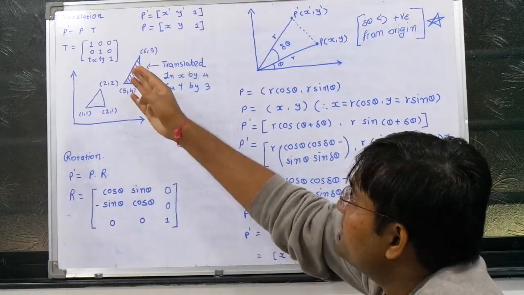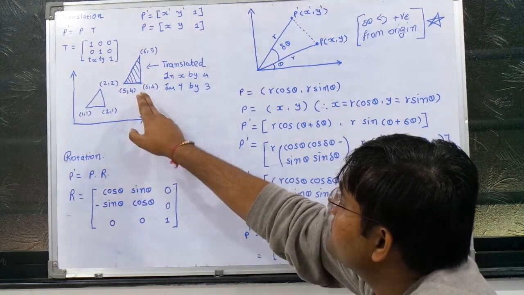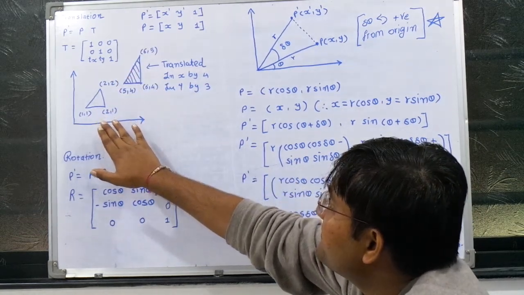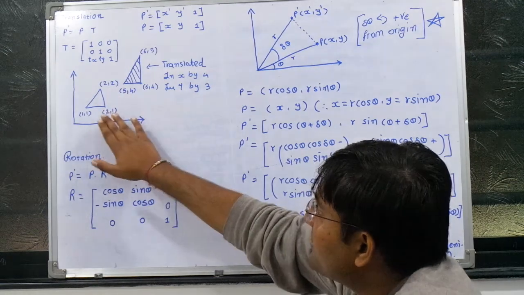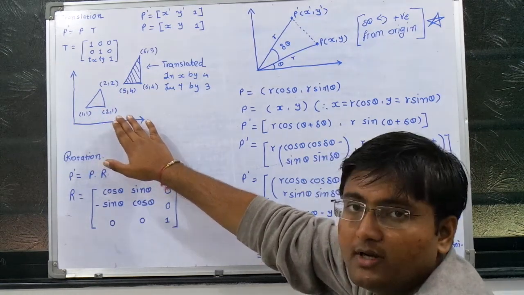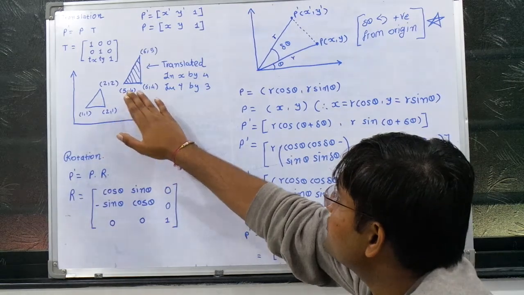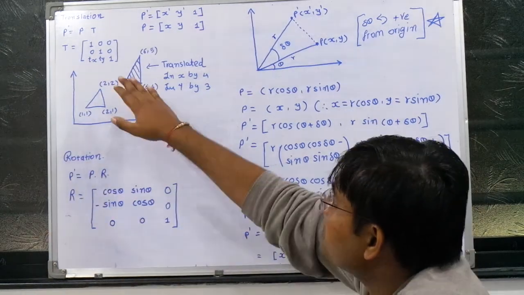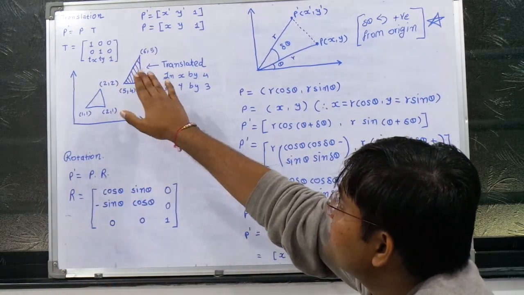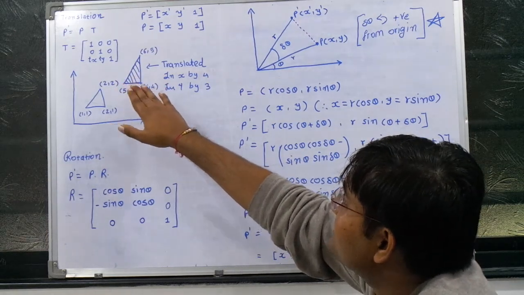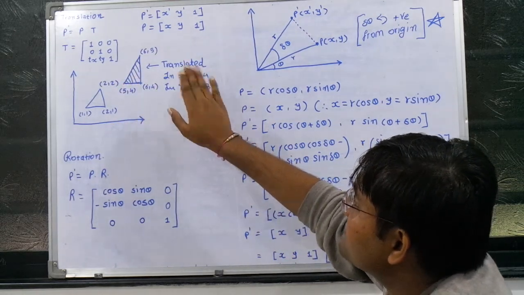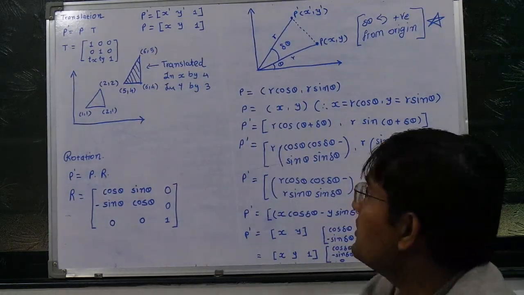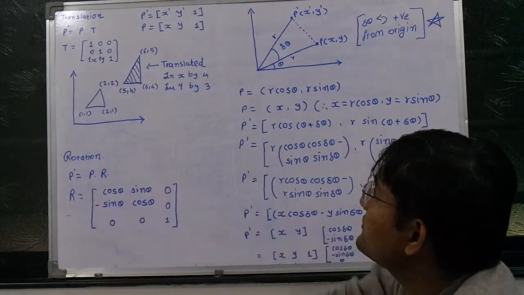So in order to obtain P dash, which kind of matrix T is required? This triangle creates a matrix of 1 1, 2 1 and 2 2, and it needs to be converted into 5 4, 6 4 and 6 5. So by multiplication with the matrix 1 0 0, 0 1 0, Tx, Ty and 1, where Tx is the x directional translation and Ty is the y directional translation. Tx is equal to 4 here and Ty is equal to 3 here.